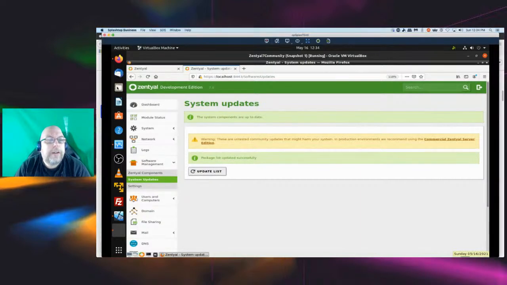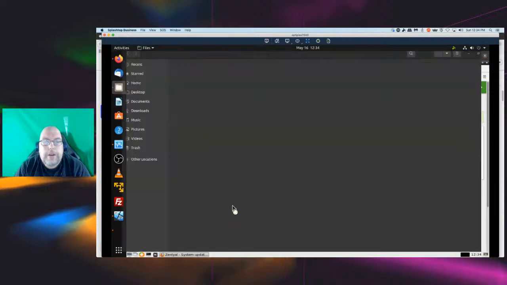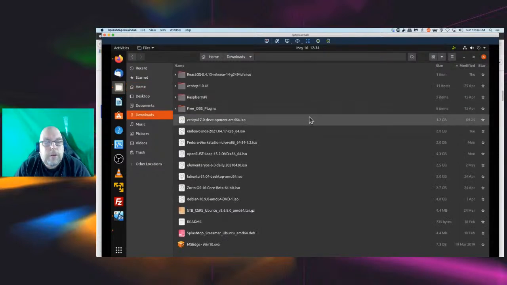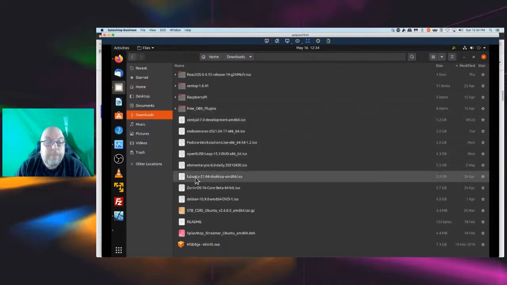I'm not 100% sure I have a 21.04 ISO on this machine, though. So, I do. Lubuntu, which would probably work. But